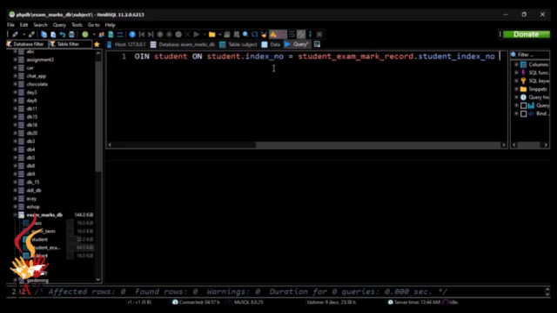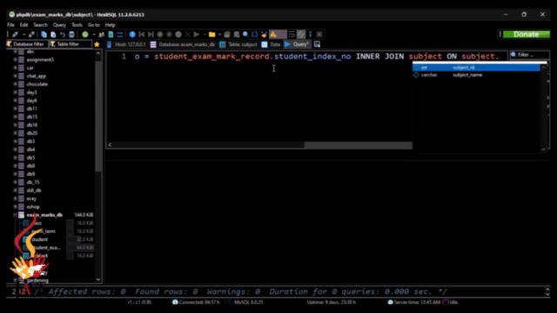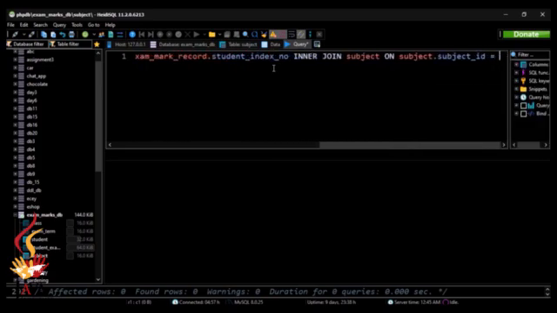And again I will use inner join and give the table as subject on the subject ID, which is equal to student exam mark record table subject ID,